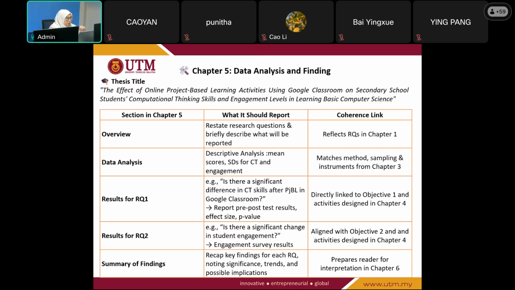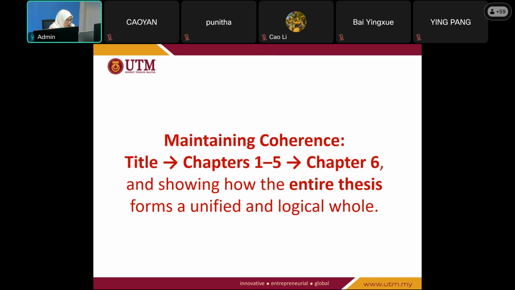But you forgot that you have been writing your chapter 1 and forgot to change if you have new things in chapter 5 or 4 for the reporting of the data. Okay, so make sure it aligns. And the last one, maintaining coherence until the end, and showing how the entire thesis forms a